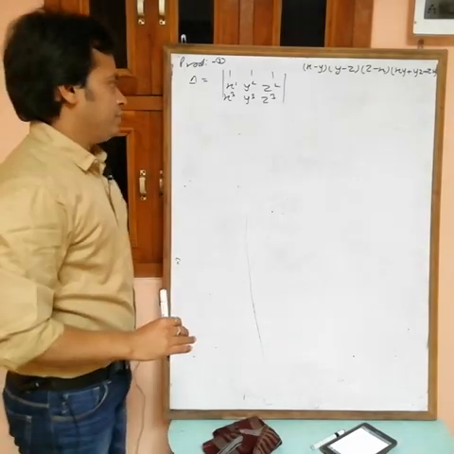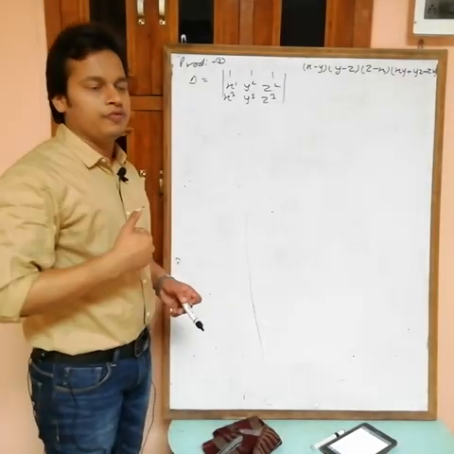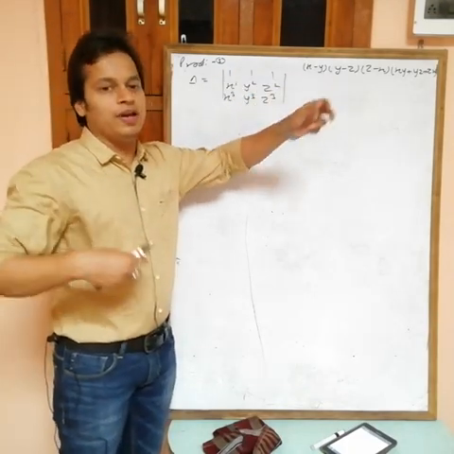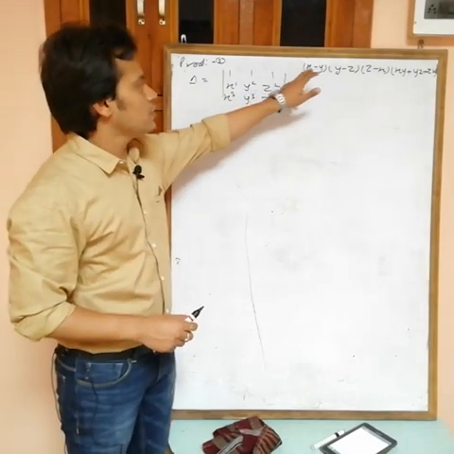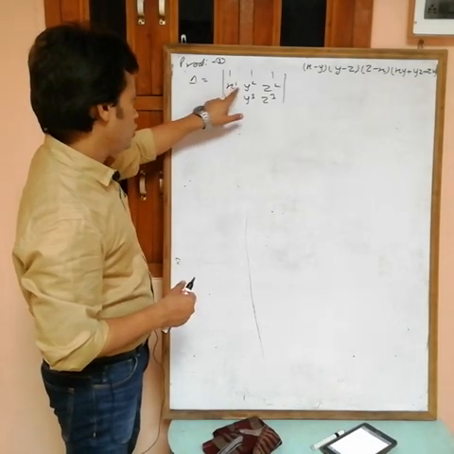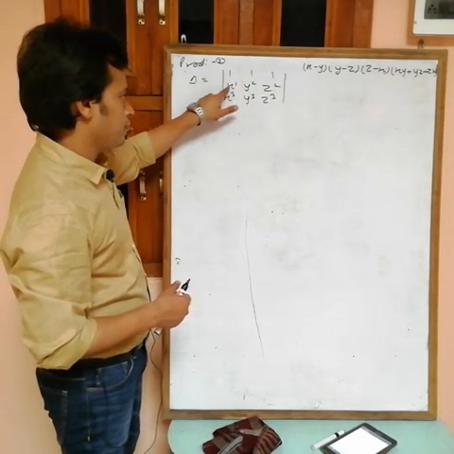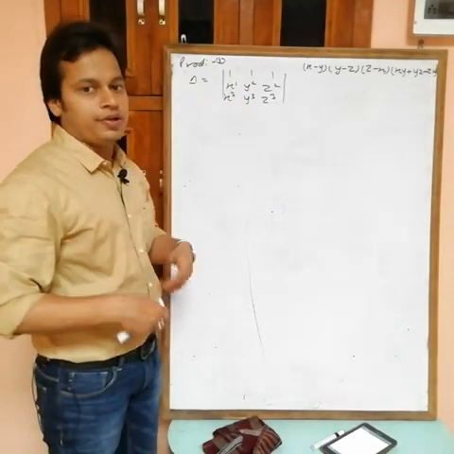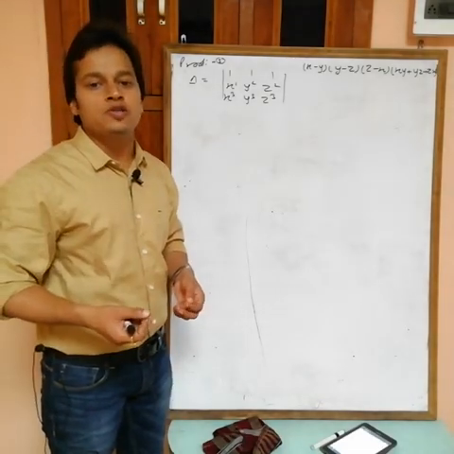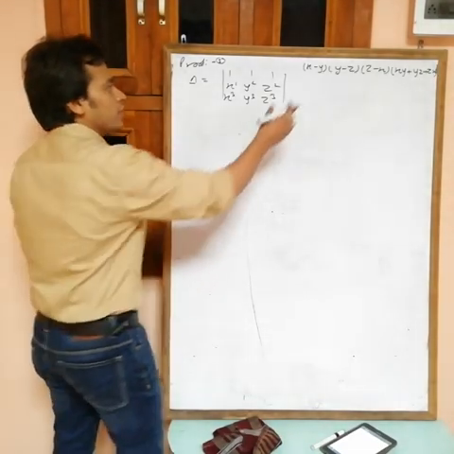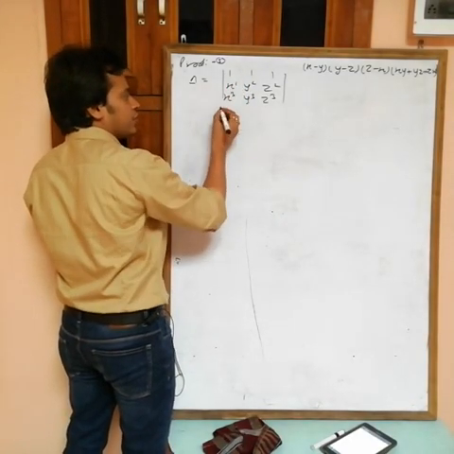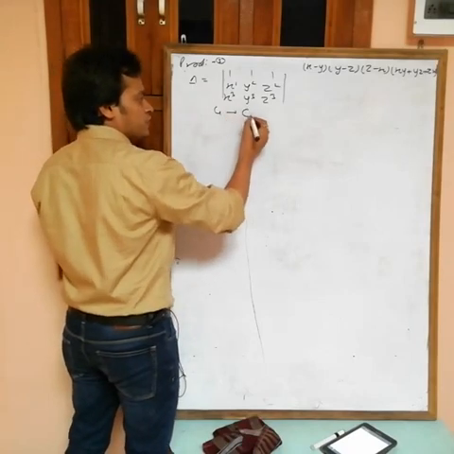Okay, now again, we have to write this so that we can take common x minus y, y minus z. In the result, what do we want? X minus y. Now how do you get x minus y? You will get x minus y if you take this one minus this one. X square minus y square has a factor x minus y. X cube minus y cube can also be written as x minus y into x square plus y square plus xy. So to get x minus y, I am taking this one minus this one, so we are changing C1. Now always first we have to write C1.